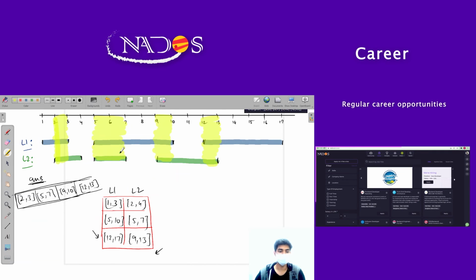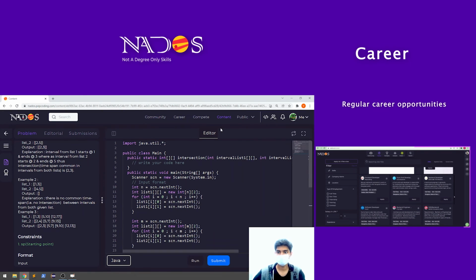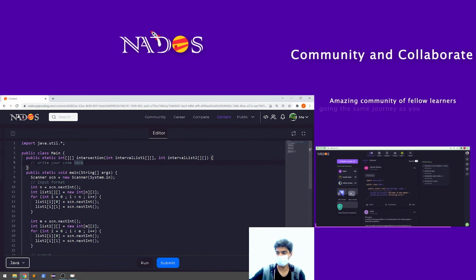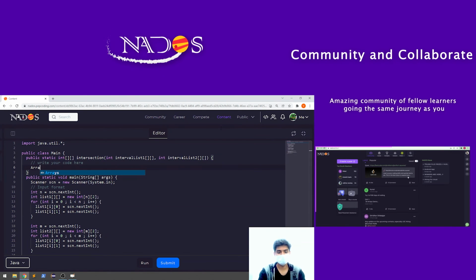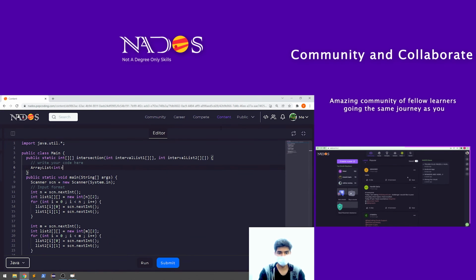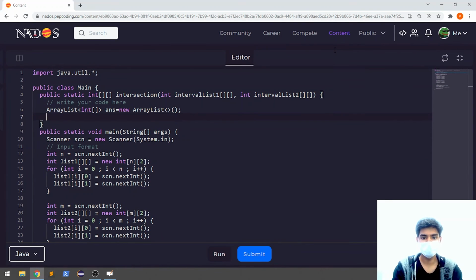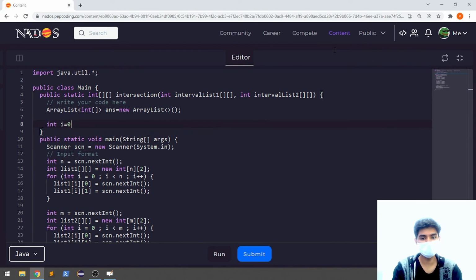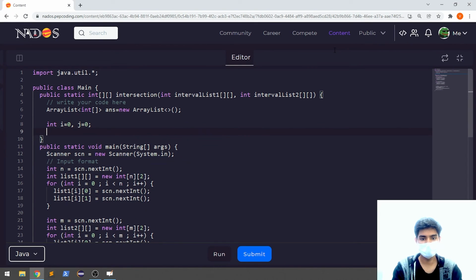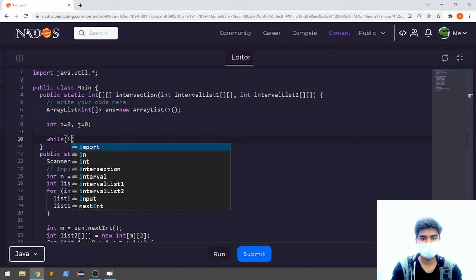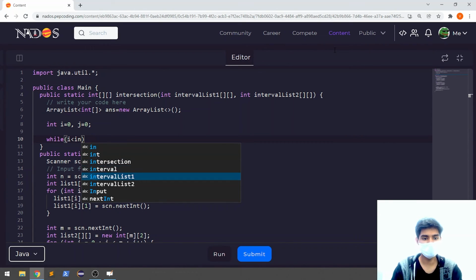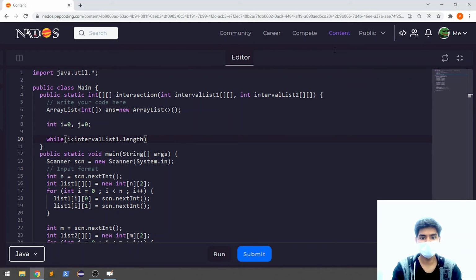Now let's try to code this question. Okay, so let's code this. The first thing we need is an array list of array, right? This is my answer. So new array list, right? Now I need two pointers, so int i is equal to 0 and j is equal to 0. While i is less than interval list 1 dot length, right? And j is less than interval list 2 dot length,